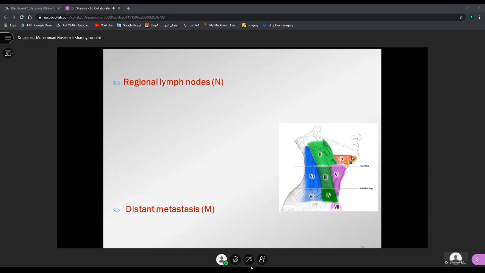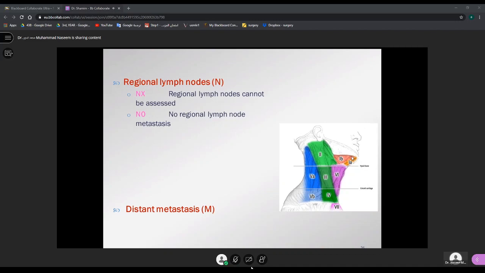This represents the sequence when you study some other topics in the head and neck region. You can find that the first involvement is to level 1, then 2, 3, 4, and goes on. But in case of thyroid, the order is reversed because the level 6 node is closer to the thyroid gland. So obviously tumor goes first to level 6 node, then to other nodes. So don't get confused with this labeling when you study other topics in the head and neck region.